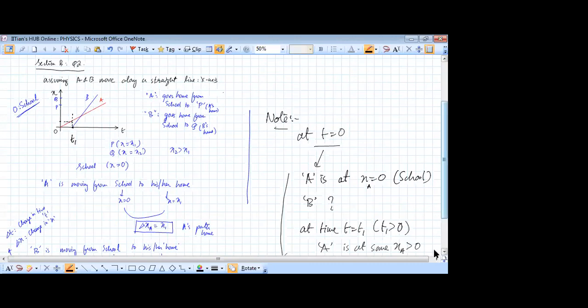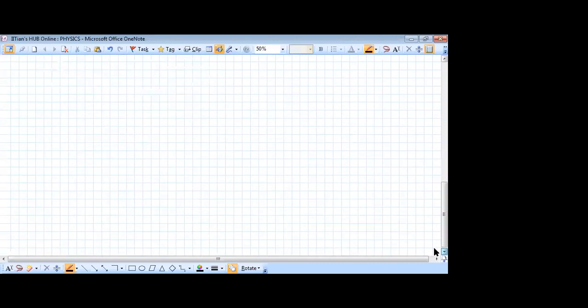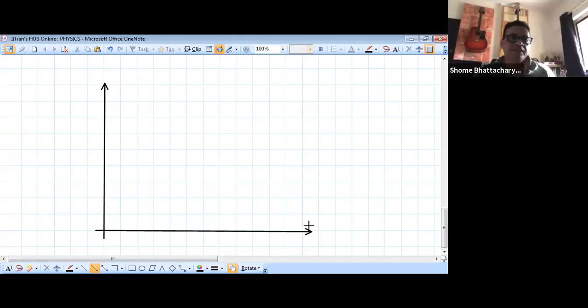Okay, Vanishka, let me explain with an example. Suppose ये graph में मुझे कुछ values दिए होते, okay? So let me explain in detail. Suppose this graph was actually something like this, where it's the same thing, but I'm just assuming some values. Okay, Vanishka. So it is the x versus time graph, where this is how A was going, and this is